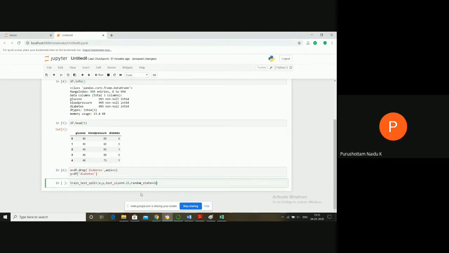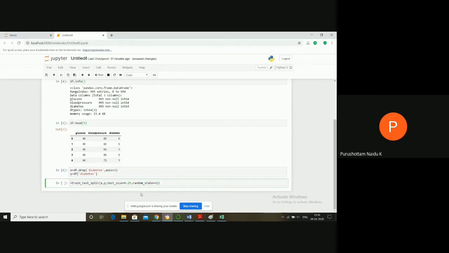If you do not keep this one, it can take different data for test and train each time. We will discuss it clearly at the end of the session. So random state equal to 42. These are the parameters we are passing to train test split.